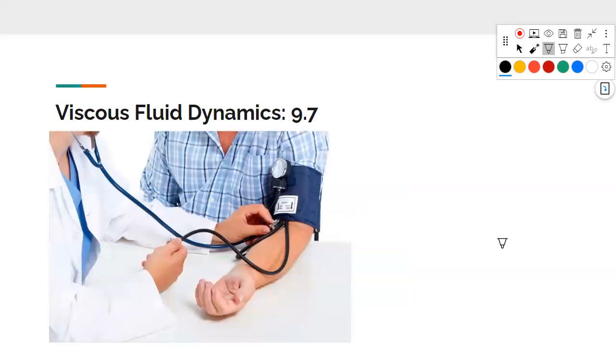So I almost got to get into this yesterday, but it turns out that Reynolds number and viscous fluid flow is really important for measuring blood pressure, or at least the way that people used to measure blood pressure, and it's still the most accurate commonly used non-invasive way. Because you can always just open someone up and put a pressure sensor in their artery, but that's not very fun. So what doctors and scientists came up with was to have this blood pressure cuff, which is basically a